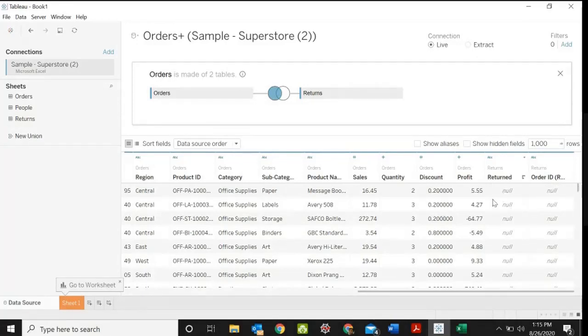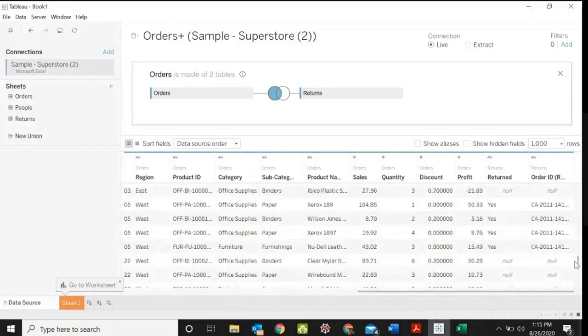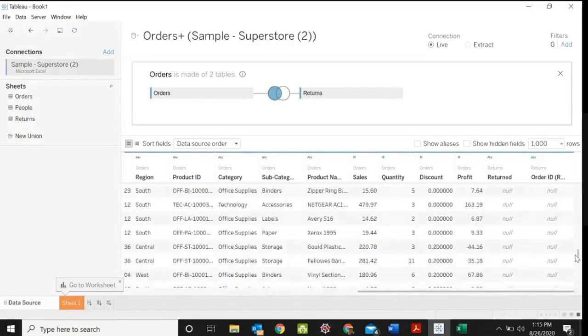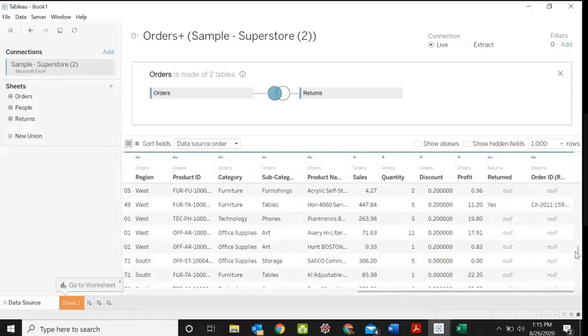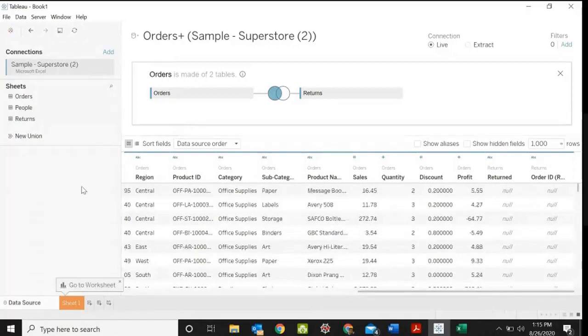Since it is only taking the common records from the right table, you will be getting some null values. This happens when you perform left join. A few records will have the return field as yes, and a few other records will have the return field as null.